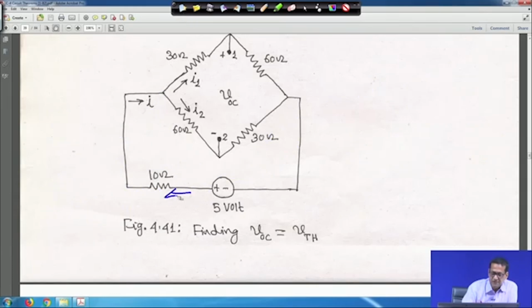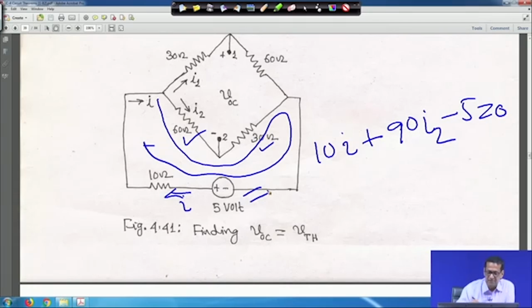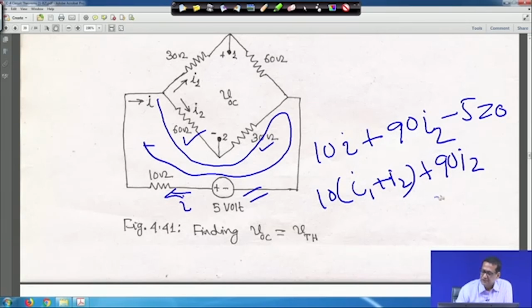So, I is flowing through this. So, 10 into I, plus we are moving like this, plus this I2 current is flowing through 60 and 30. So, 90 I2, minus 5 is equal to 0, because this is 5 volt. But I1, the question is that 10 I is equal to I1 plus I2 plus 90 I2 is equal to 5, but I2 is equal to